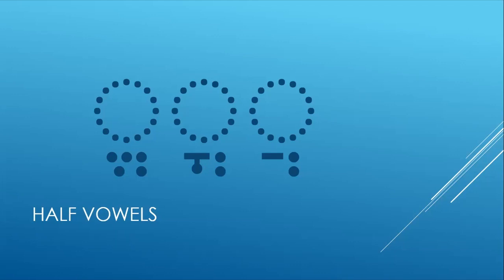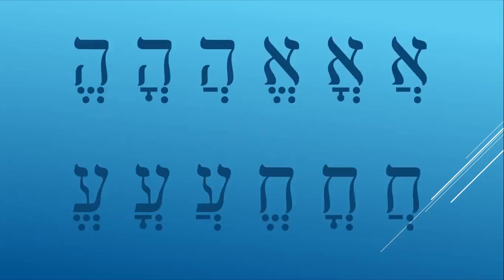don't do schwas well. They don't do the half vowel or the silent vowel, and so what ends up happening is they take one of these other vowel marks, right? So you have, we'll go aleph, reading from top right to bottom right and leftward. Okay, so a, e, ha, he, cha, che,